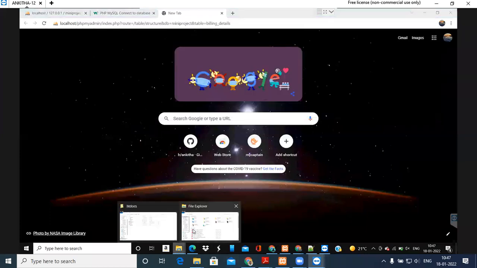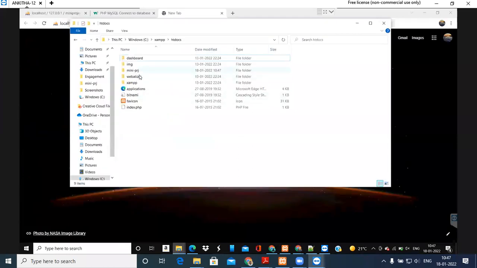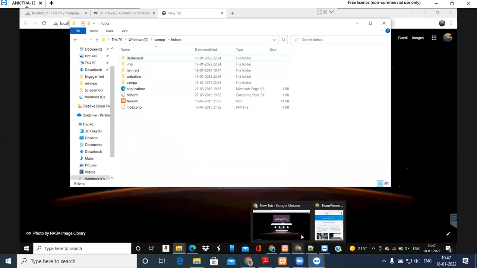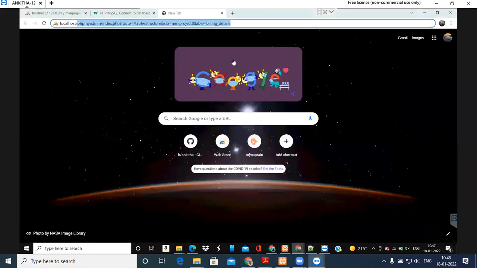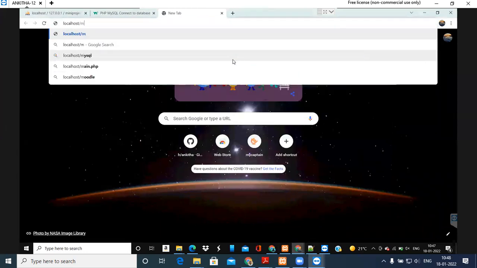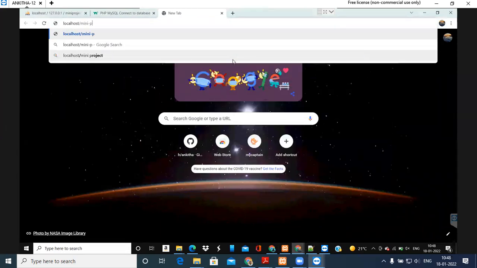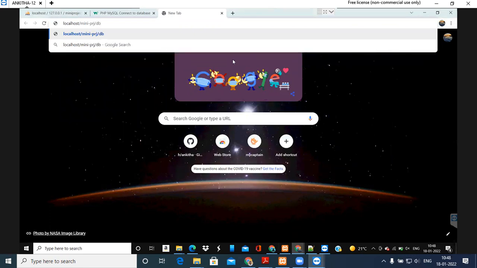I got inside htdocs, mini hyphen project. So that folder name you type here, your project folder name, mini hyphen project I gave. Inside this we have that db config file, db config dot php, right? That file name you enter.